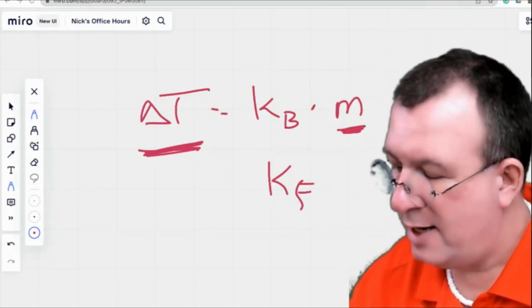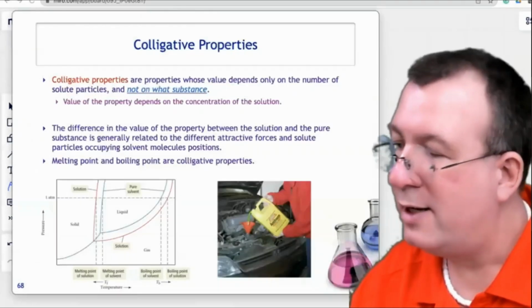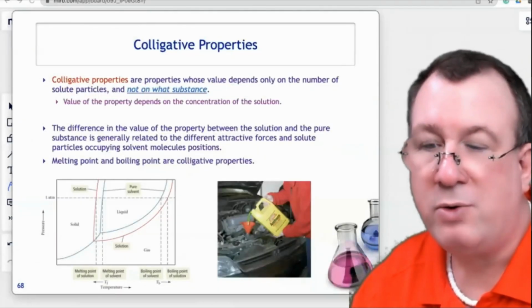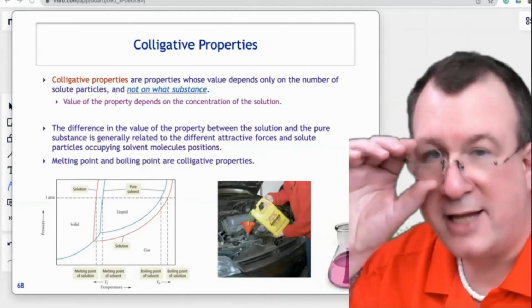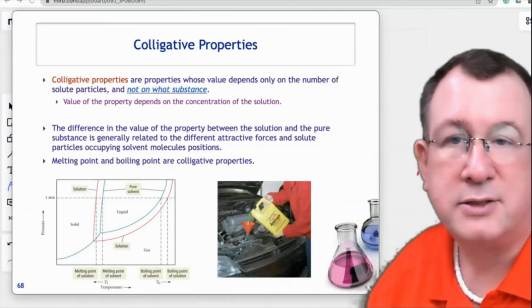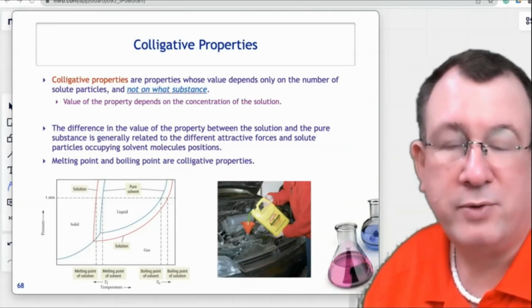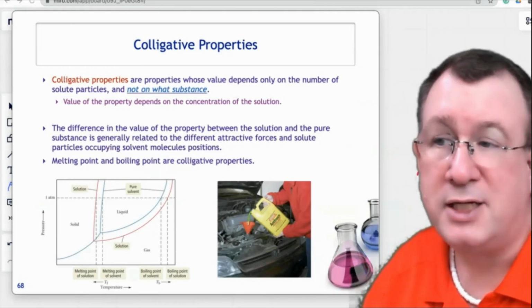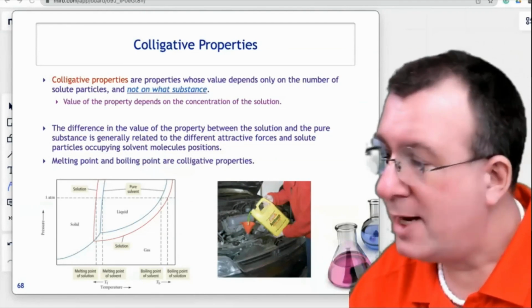All right, these are colligative properties. They care only about the particles you dissolve in solution. By the way, this is why you can use antifreeze in Death Valley, or you can use it in the Sierras. We put it into our radiators when we're in Death Valley to keep the radiator from boiling. We put it into our radiators when we're in the Sierras to keep the radiator from freezing. It does both. All right. Now,